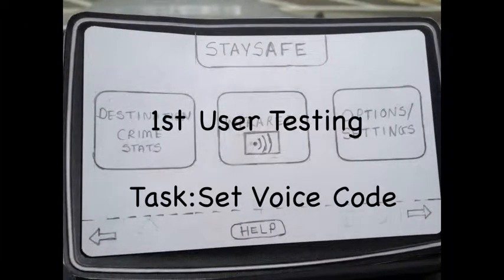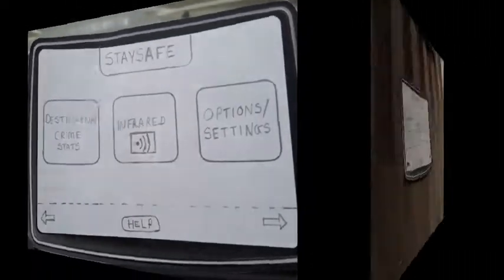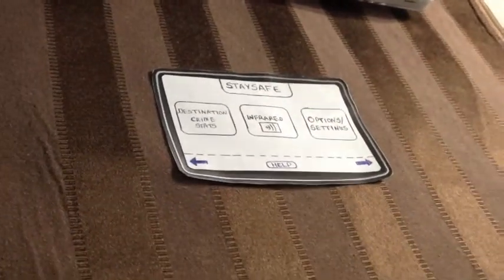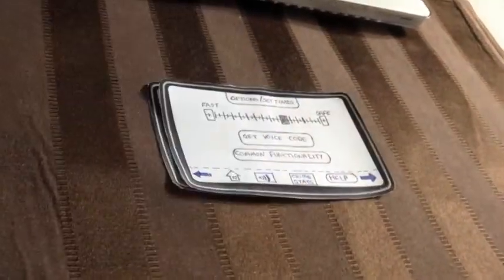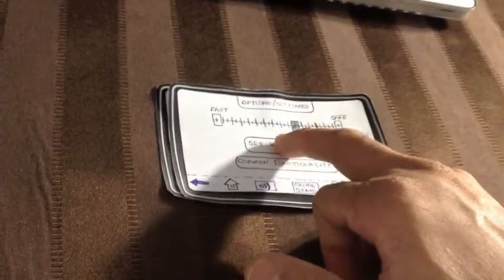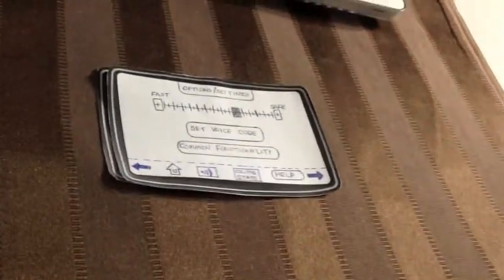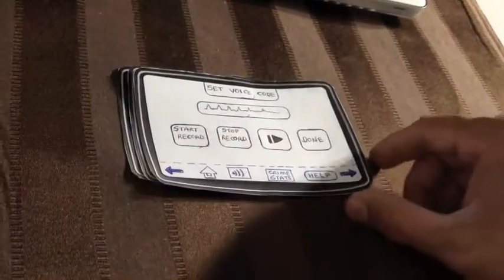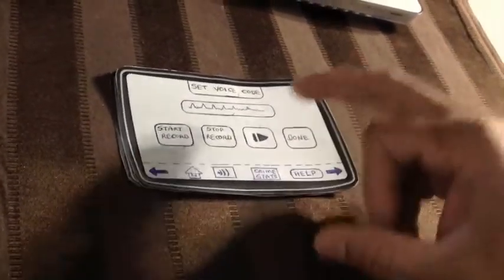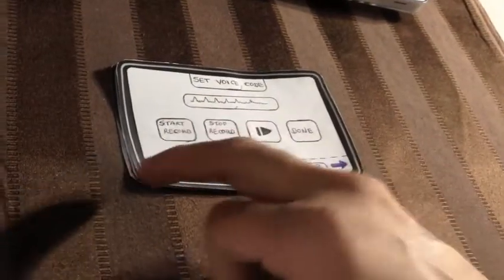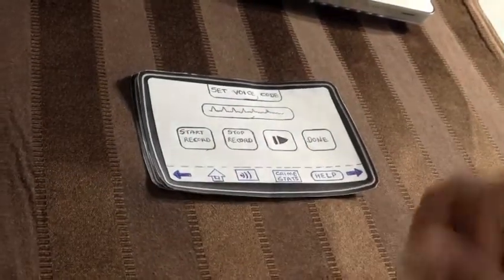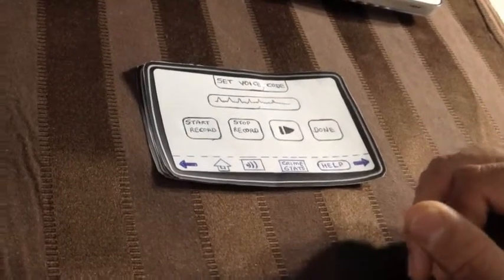Our first user testing and setting the voice code went as follows. The person initially is a little bit confused and ends up pressing options and settings. They press set voice code. Initially, when they see the screen, they're a little bit confused. They're not sure of what's a button, what's a label. Ends up starting to record,